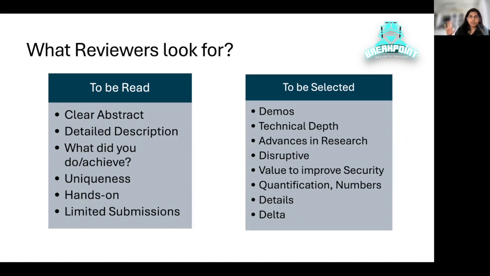Have a detailed description. What did you achieve by that? How is that relevant for the technical domain itself, for businesses, for enterprises, for industry? Depending on the impact of your work, you can call that out very clearly. It should be hands-on. This is something that in most of the conferences, at least that I am a part of, they definitely value a lot. The more hands-on you can get in terms of demonstrating and illustrating what you have worked on, the better. You can do that through the code, through running and automating and showing it in your tool,